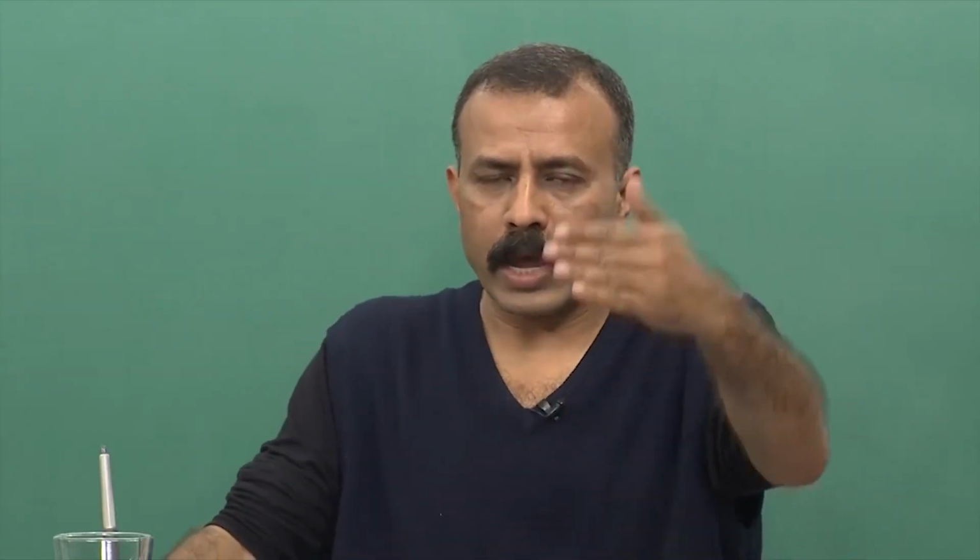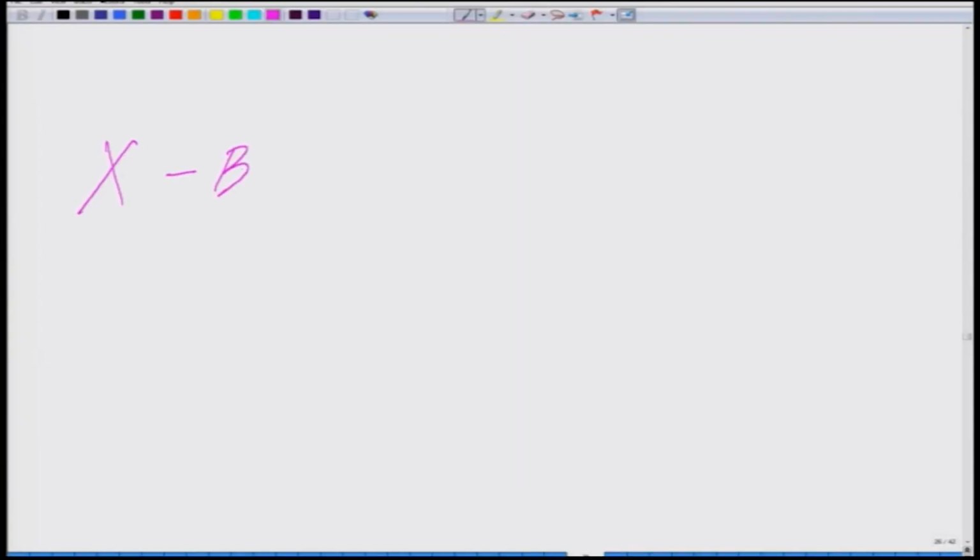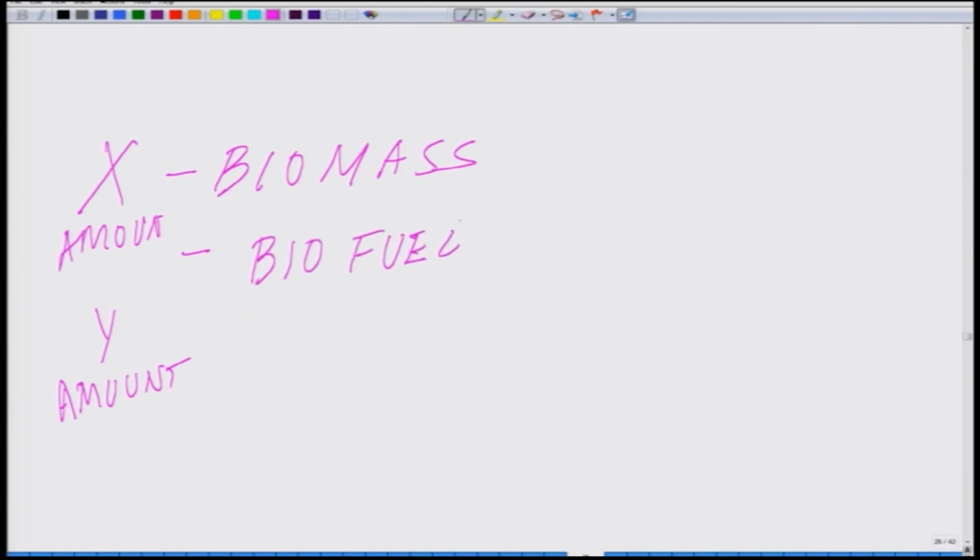You might wonder why I have drawn this table for you, because one has to realize when we talk about bioenergy, we are burning biofuels or different forms of bioenergy as we will be going through. So, one needs to equate that by burning say 1 liter or 1 gallon of biofuel or this much amount of it, how much thermal unit you are gaining, and one has to have a comparative value. Say for example, if X amount of biomass or Y amount of biofuel, and what is their equivalency with respect to